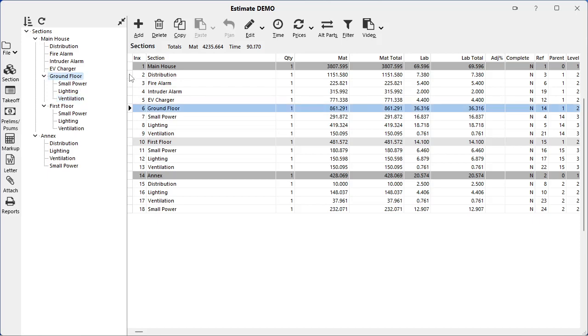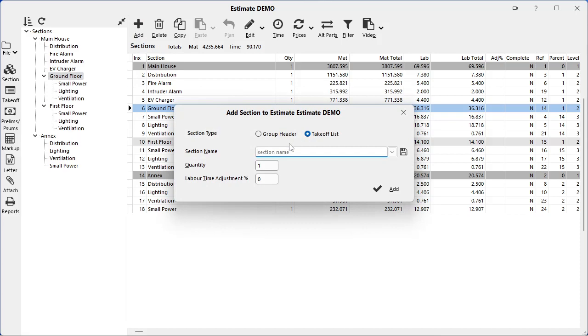If we want to add a new section, then we just click the add up the top there. We can either select from a drop down menu at the side here, or we can just type in a description. So if I type in demo, quantity, I'm leaving it 1. But for instance, if you're working on, say, a new housing estate, you might have 6 type A's, 10 type B's, etc. And this will allow you to get a selling price for 1 and an extended price for the